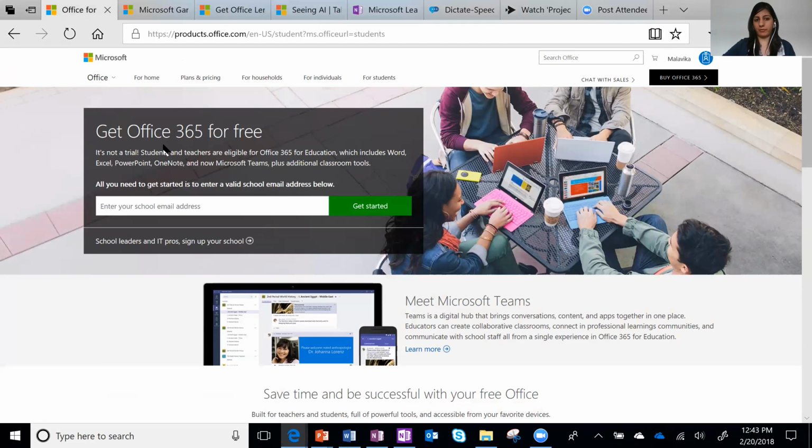First, I said Office 365 is free for students and teachers, and that includes tons of our online applications like Word, Excel, PowerPoint online. And some schools give teachers and students the option to download the PC and Mac applications as well. So it varies from school to school.